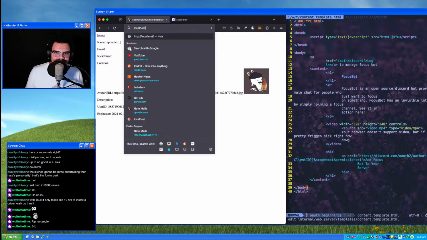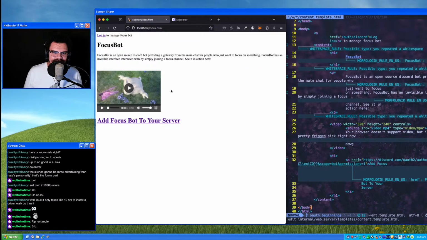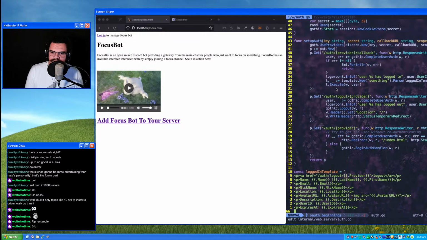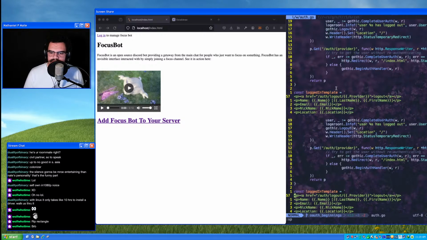We need to separate out the template for the logged in page. That's in auth.go. So that's this bad boy. Let's just yoink this, and then we'll open up a new file in internal/web_server